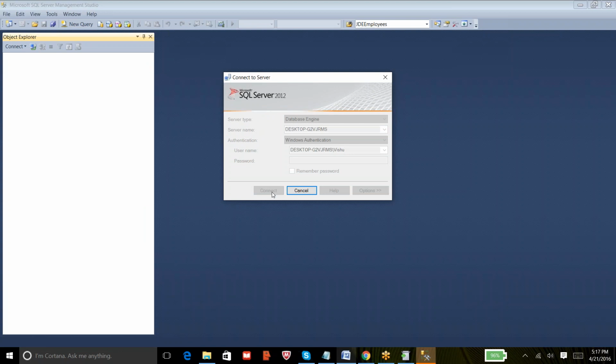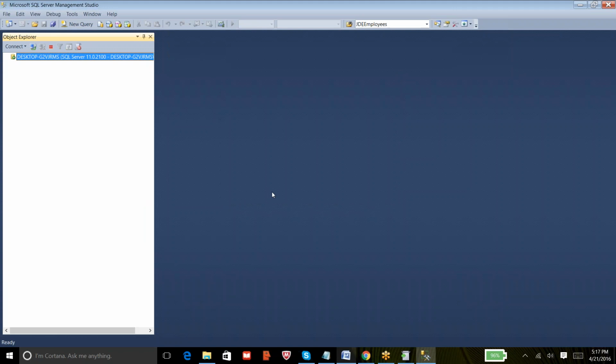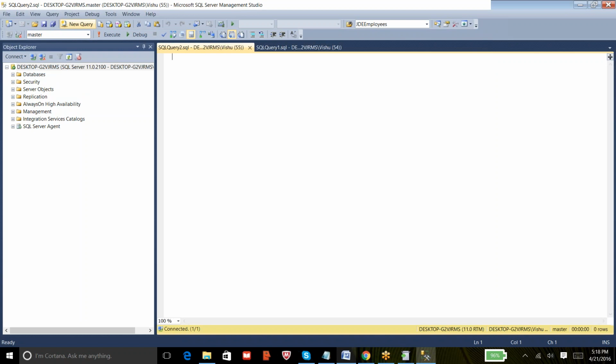I have just connected to the SQL Server, and when we create a new database, two files will get created. That is the minimum, but we can still have a third, fourth, or fifth file also. The MDF file will hold the actual data of the database, and the LDF file will record the ongoing information.